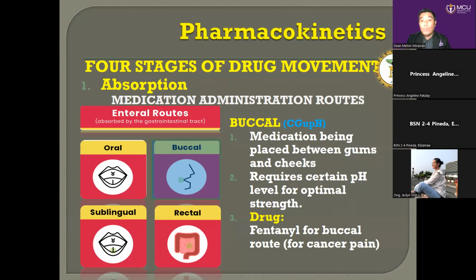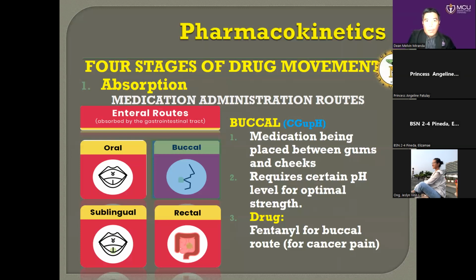Okay? So, again, if we go back to the oral, we have two CASGIP, most common and convenient. AS absorbs slowly. Then, most of the time, it causes gastric irritation and typical root for pain. While the buccal is we have the CGUP, which is mainly considered as the drugs that are being administered on the cheeks, between cheeks and gums, and may need optimal level of pH. Next, let us now proceed with